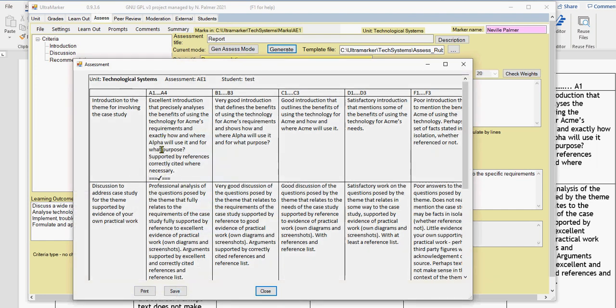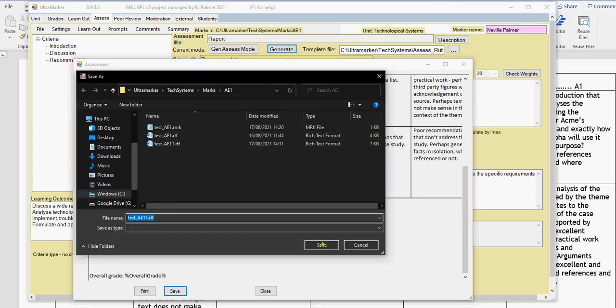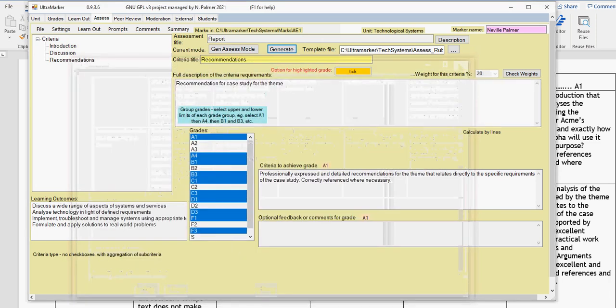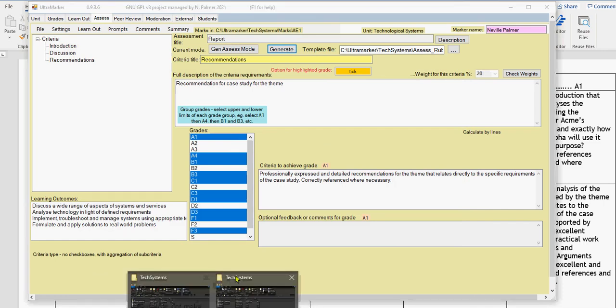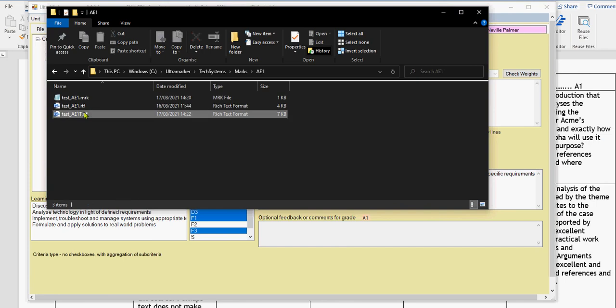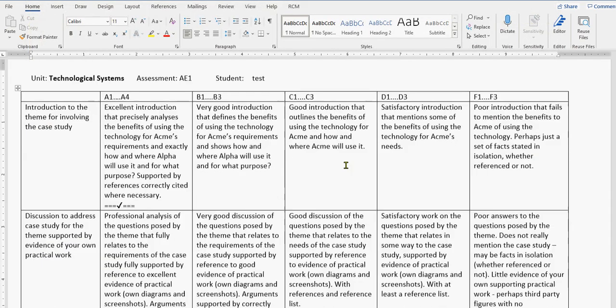I've just chosen to put the grades the other way round to my rubric there. So I'll save that and I'll close that down. Now when I go into my file here, when I look at that and I open that up, you'll see that it's output those marks in